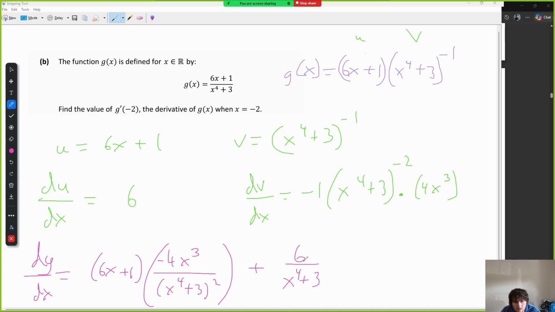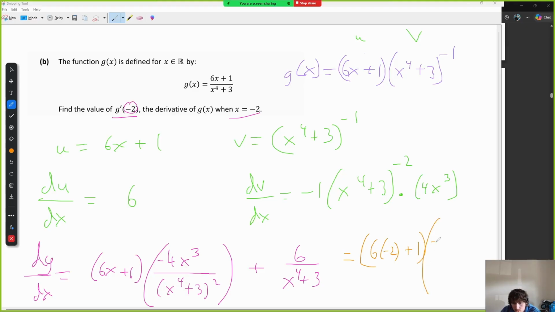Okay, so that's dy dx, and then it said get the value when x is -2, and they explicitly tell you what this means. It means just put -2 in for x. So let's do that. I ran out of room, but I'd write this underneath. But you just want to show for the examiner this +1